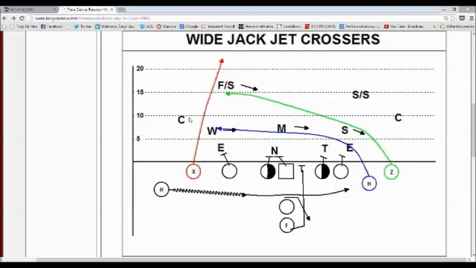So that kind of basically took that route out of the equation, and we really just threw it the over route to the drag to the over route. The drag would open up first. That's why we had him as the second look. But when we went